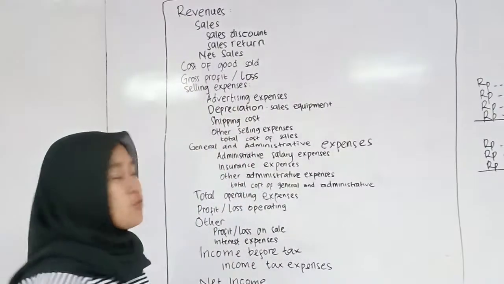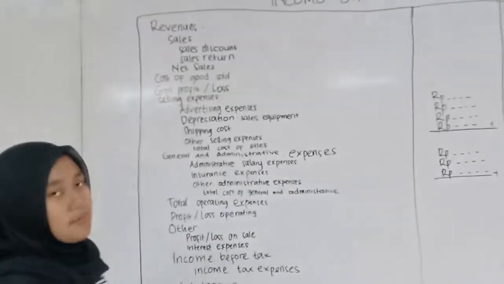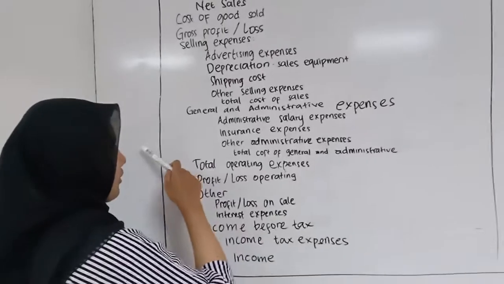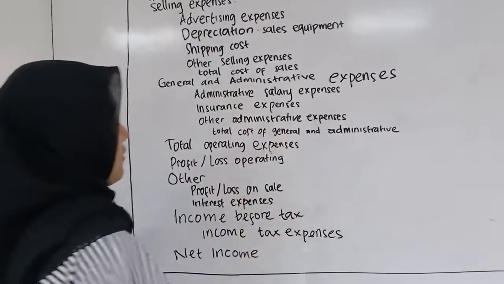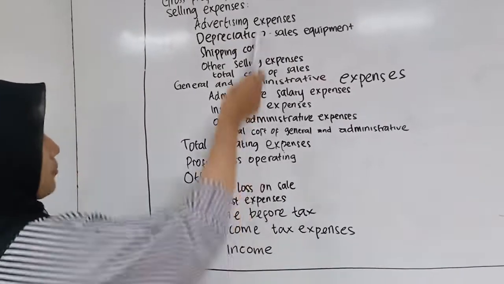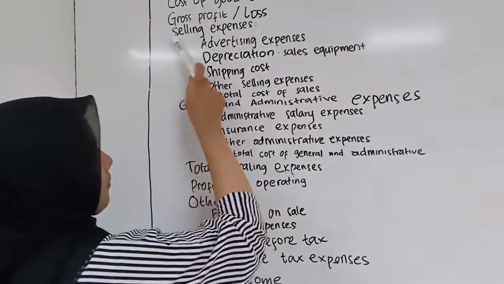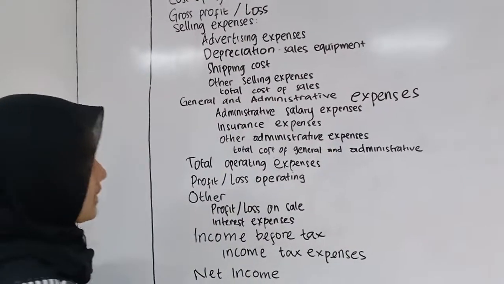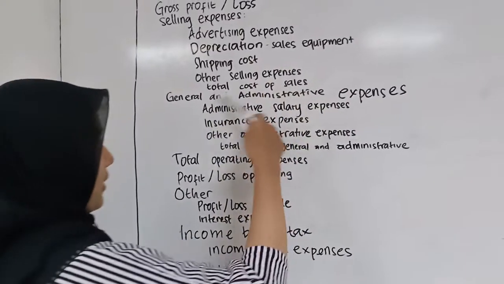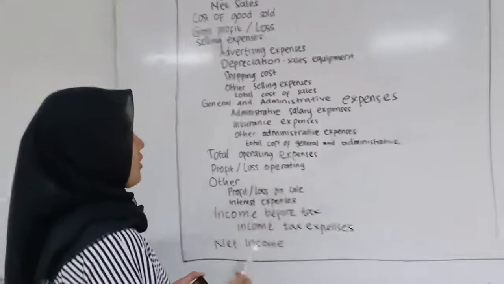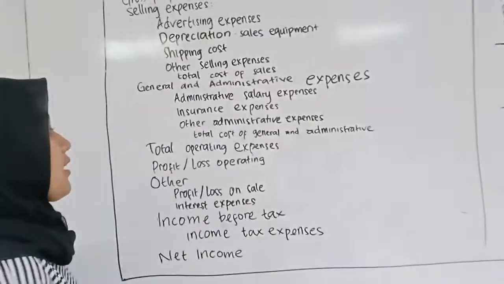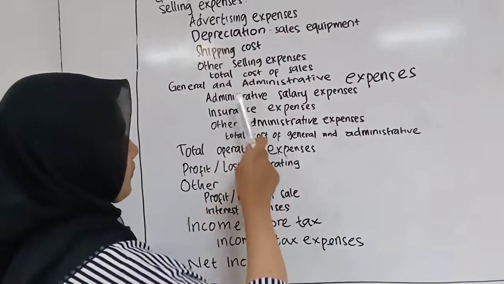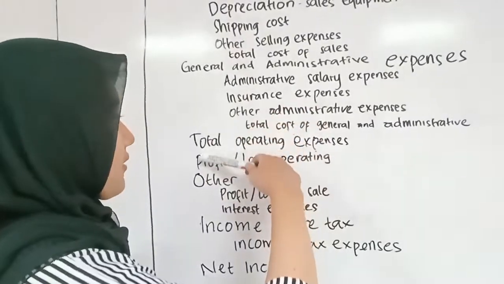And there are two expense in income statement. The first, selling expense, and the second, general and administrative expense. Selling expense include total of advertising expenses, depreciation of sales equipment, shipping costs, and other selling expenses. And the general and administrative expense is total cost of general administrative, include administrative salary expense, insurance expense, and other